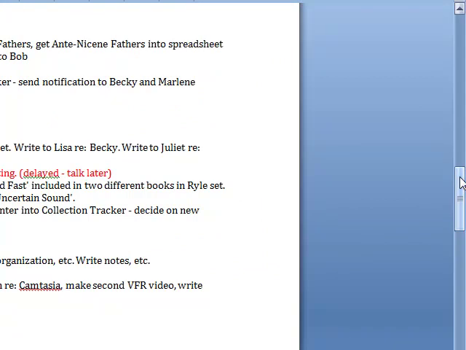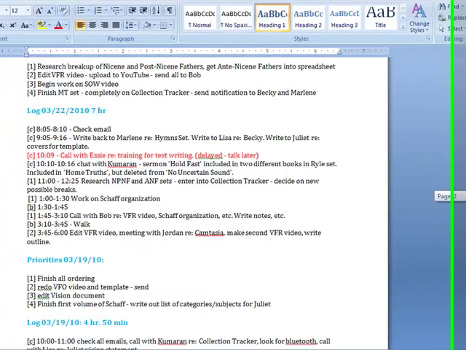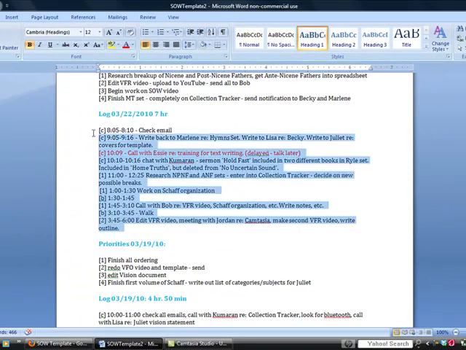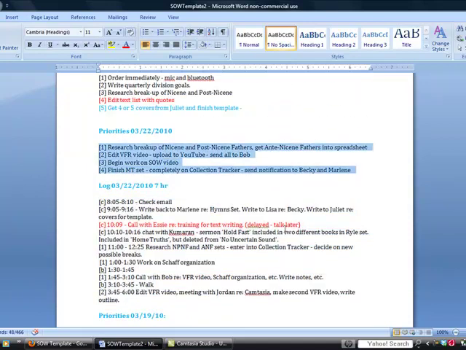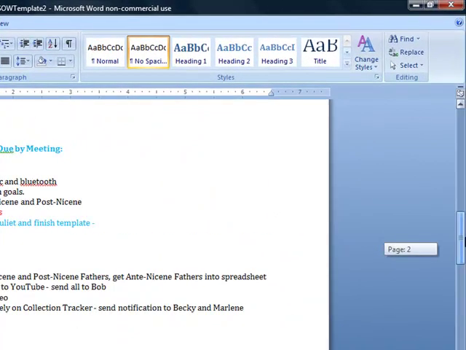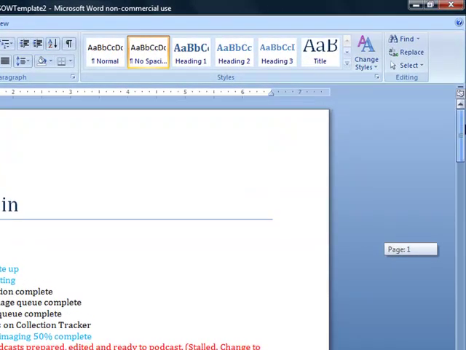So at your SOW meeting, things can go much more quickly because, as you can see in this log, and also in these priorities up here, there's only one thing that has to be dealt with. We don't even need to talk about the rest. And that's good for you too because it can keep your eyes on those vital few results and what you're doing to complete them.